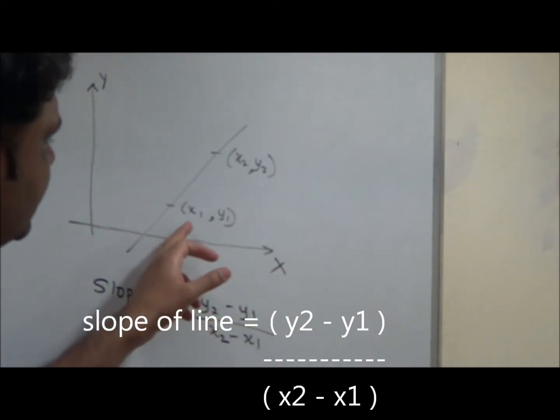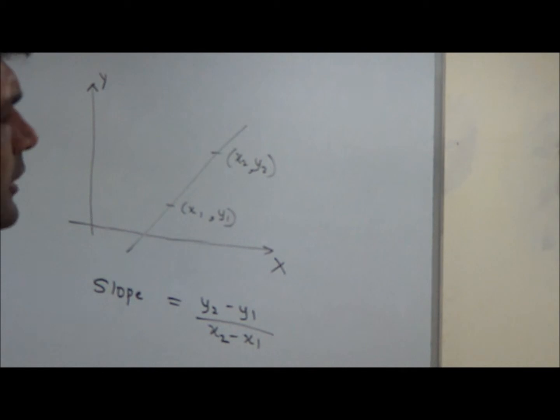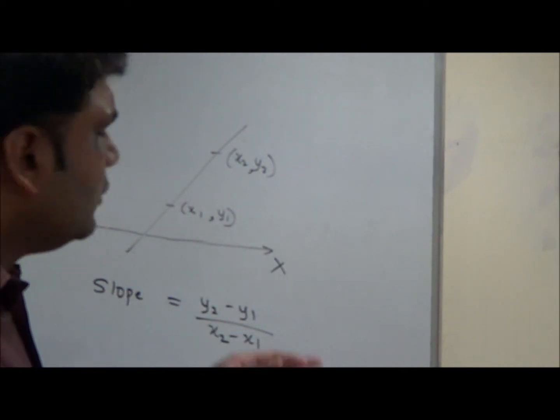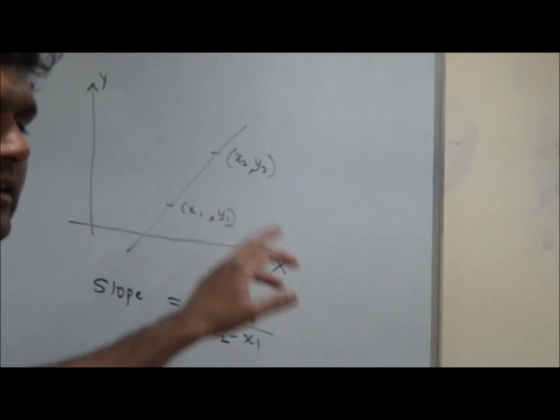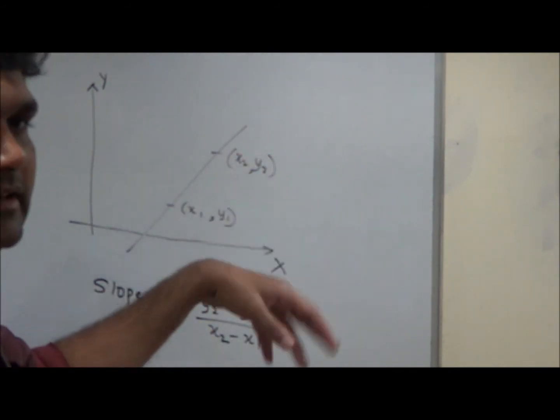For example, if something like (2, 3) and (7, minus 1) points may be given, you can do y2 minus y1 upon x2 minus x1. Okay. If you do y1 minus y2 upon x1 minus x2, still it's pardonable. Just avoid doing y2 minus y1 upon x1 minus x2.